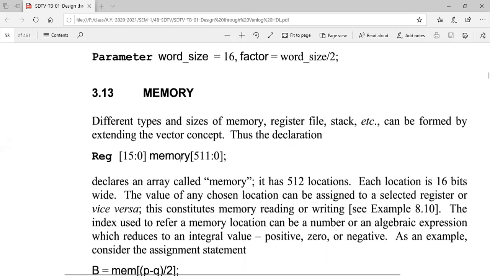So we are forming 512 locations from 511 to 0. This is the most significant bit and this is the least significant bit, and each one is of 16 bits.